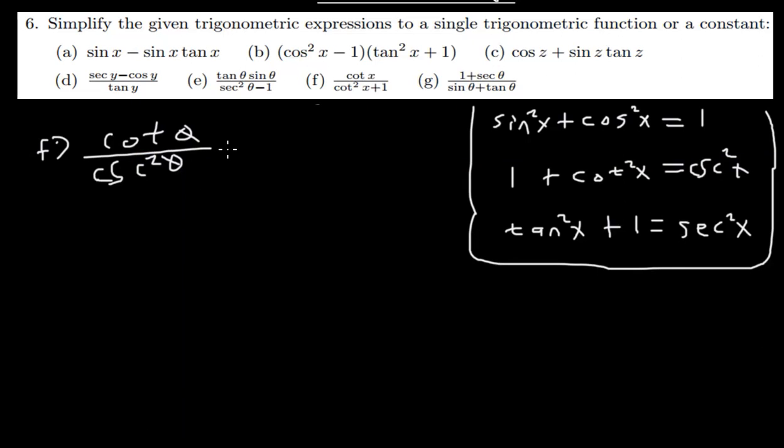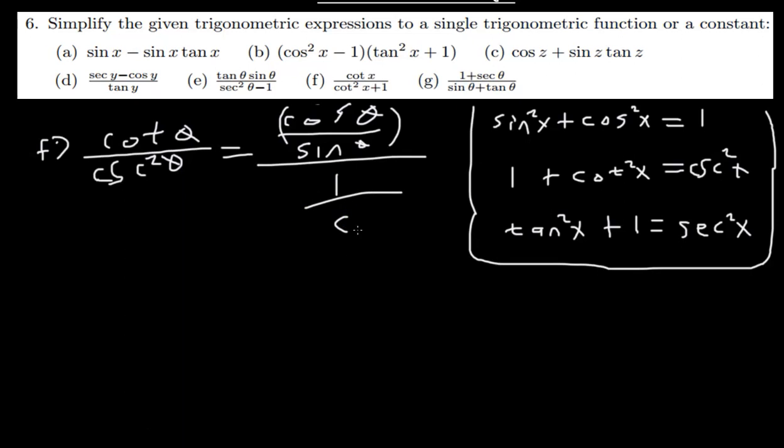So cot we know to say is 1 over tan, which is just the same as cos over sine. So cot is cos theta over sine theta, and then everything divided by cosec squared theta, and cosec is 1 over